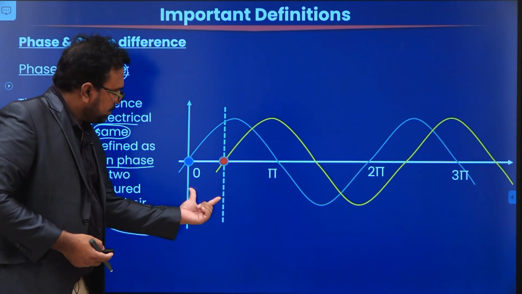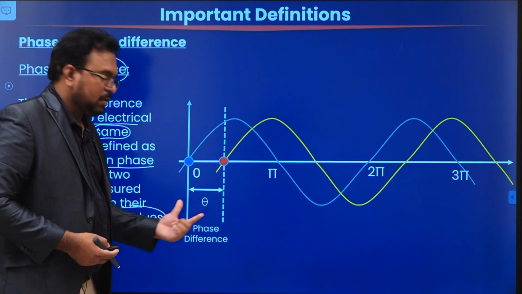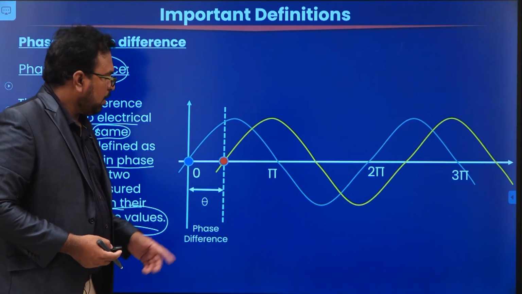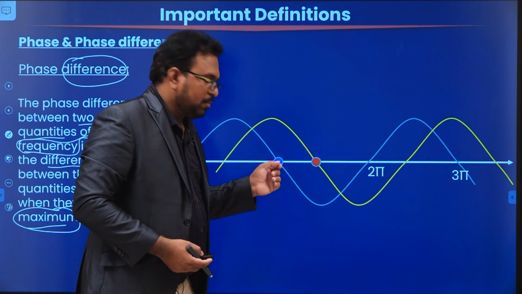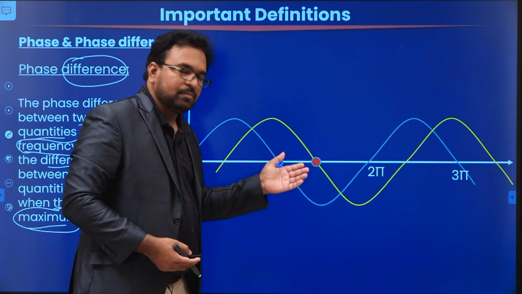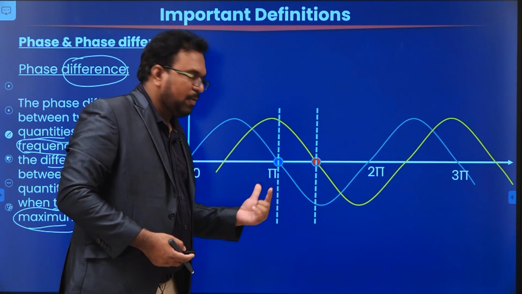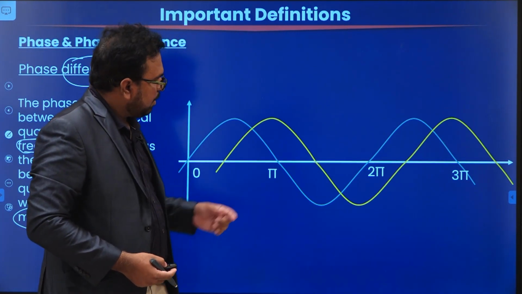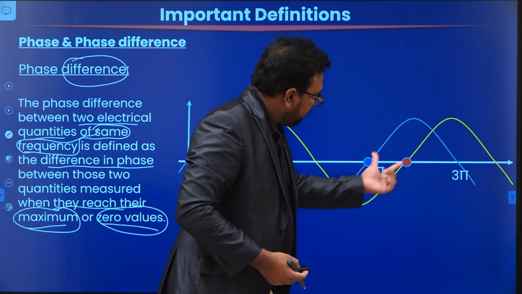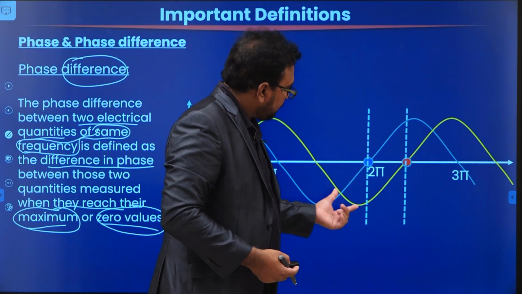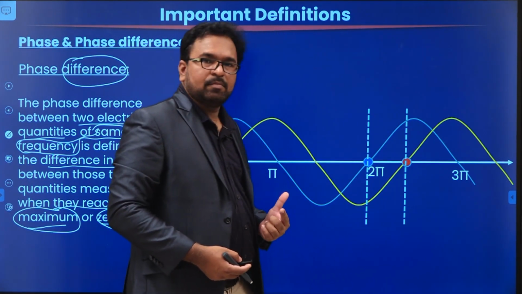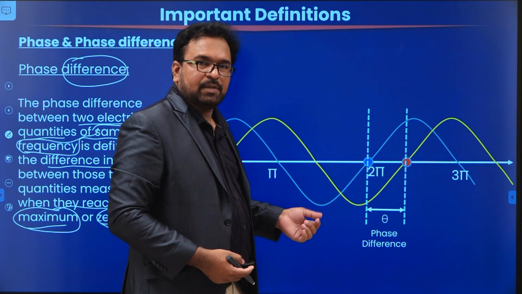Now the difference between these is called the phase difference. Or again here, the 2 waveforms reach 0 location from positive to negative. This difference between the 2 points is also called phase difference. Again at this instant the waveform reaches 0 from negative to positive. So that's why the difference between these 2 points is also called phase difference.